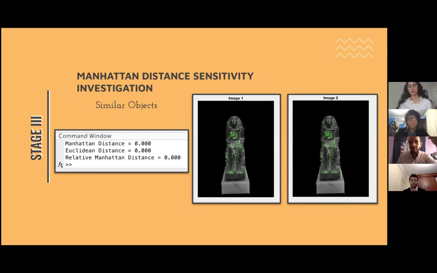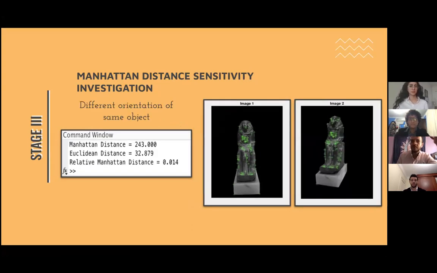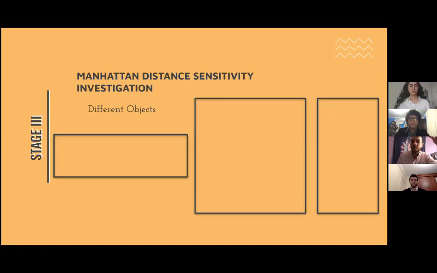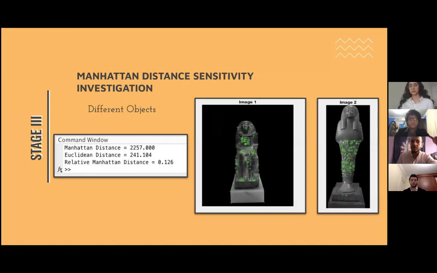In the second case, where we applied the similarity distance on different orientations of the same object, the difference in the output for Manhattan and Euclidean distances is considered small, as the Manhattan distance calculated is very close to 0. The third case is considered more distant compared to the second case, which means that similarity is reduced compared to the second case done previously, which can be clearly seen in the difference between the normalized Manhattan distances, where the second case for the normalized Manhattan distance is 1.4%, and the third case for the normalized Manhattan distance is